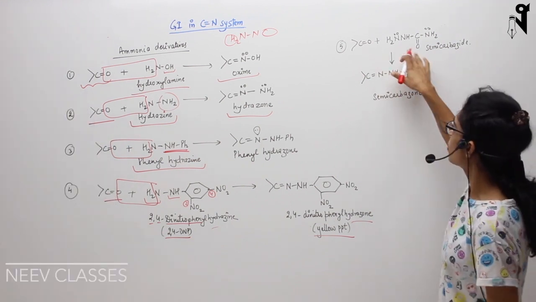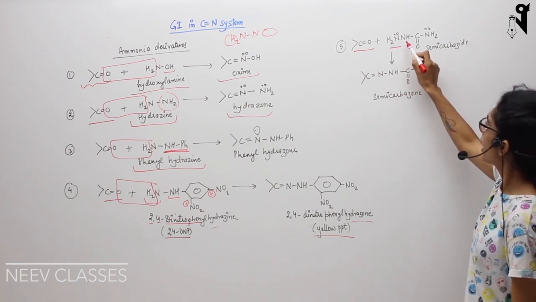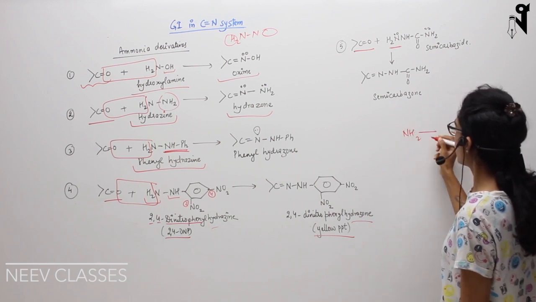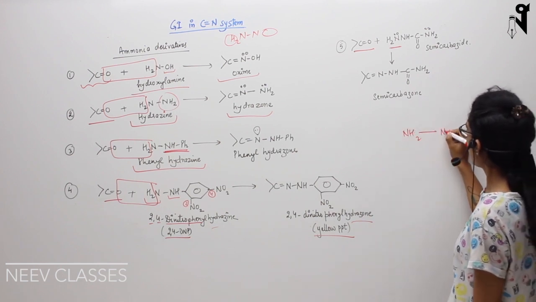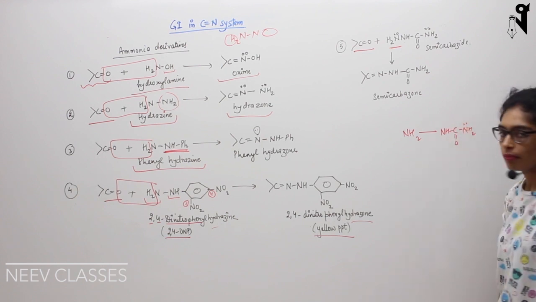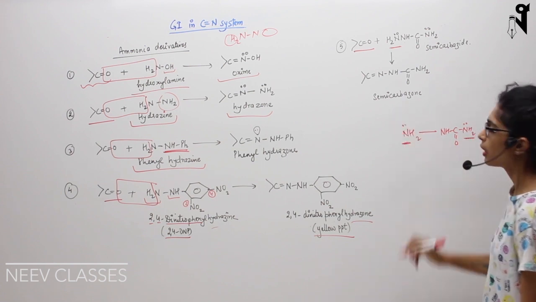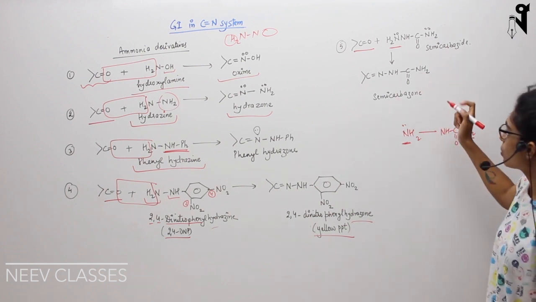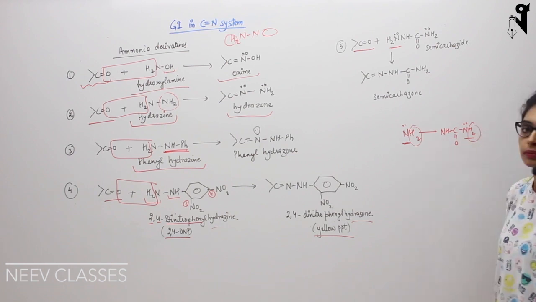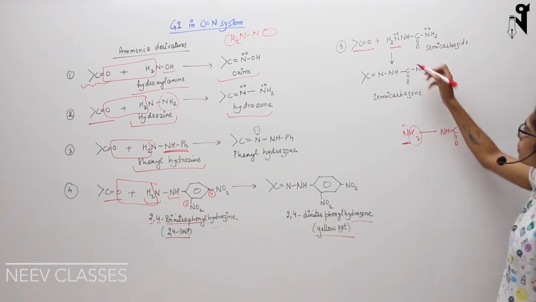Now next comes the last ammonia derivative. This is again a carbonyl group present over here, and you have NH2, NHCONH2. So basically this is NH2, and then instead of hydrogen you have NH, C double bond O, and NH2 group present over here. So the question is, I have two NH2s, one here and one it is ending with. When loss of water has to happen, ideally hydrogen can go from either of the two, right? But it will not go from both of the two nitrogens, it will go from this